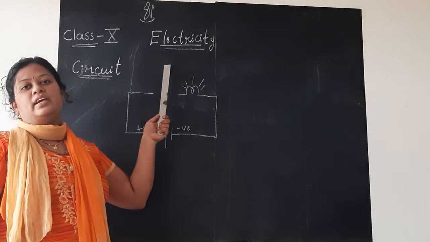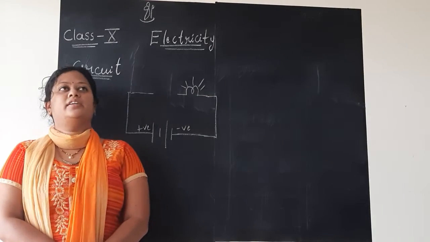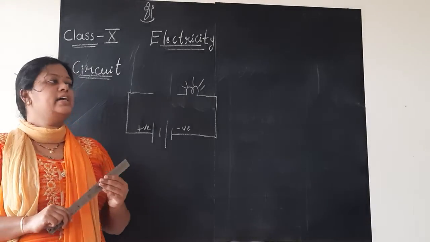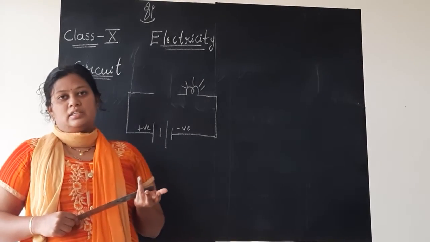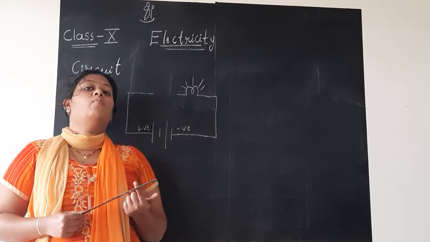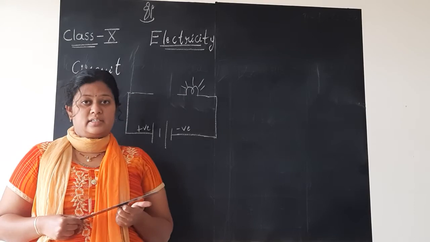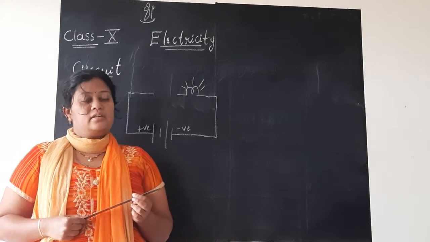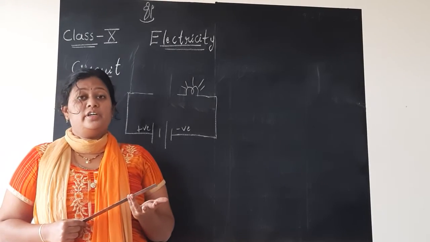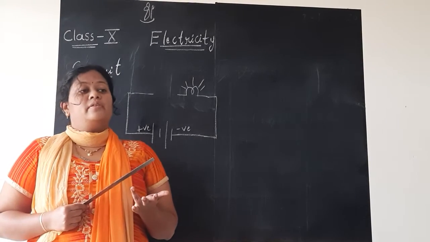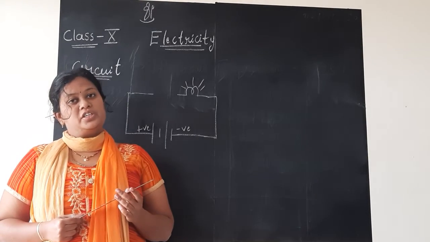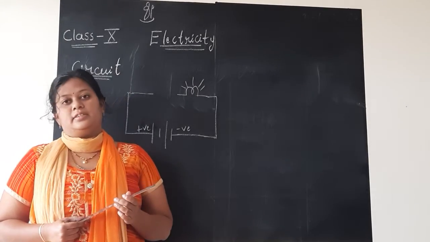We had started with the lesson electricity and we had discussed a few things in this lesson. To quickly recall, we had studied what are charges, how to measure them, what are the properties of charges, what is current, the flow of charge is current, and what is its unit, which is the device used to measure the current, what is potential difference or voltage, and what is its unit, which is the instrument or the device used to measure potential difference or voltage, etc.